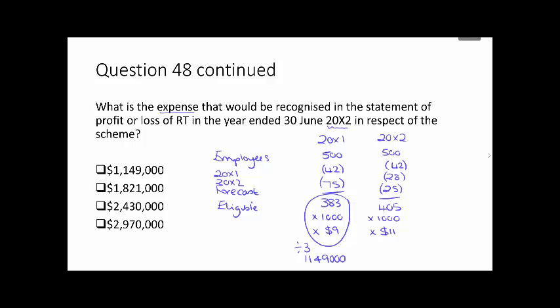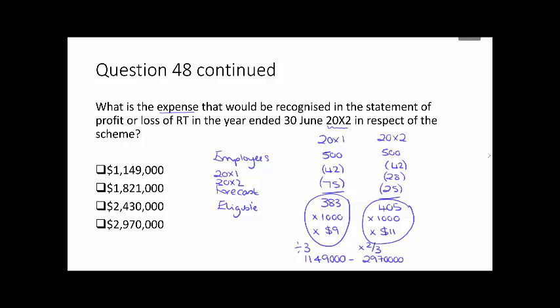To date then, over the 20X1 and 20X2 years, if this is the total expense that we think those appreciation rights have, we would want to have recognised 2/3 of that at this point to leave the other 1/3 to be recognised in the X3 year. So the to-date cost would be 2,970,